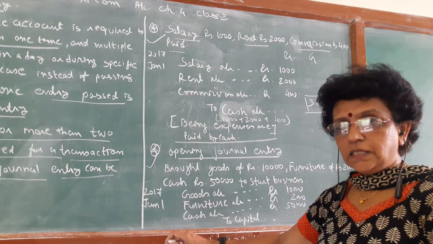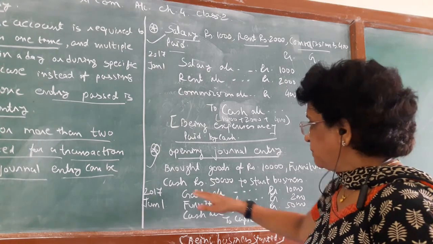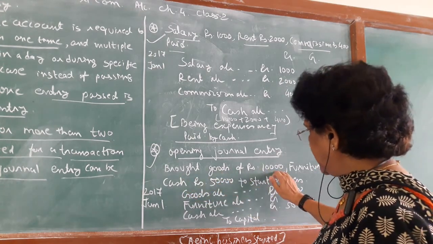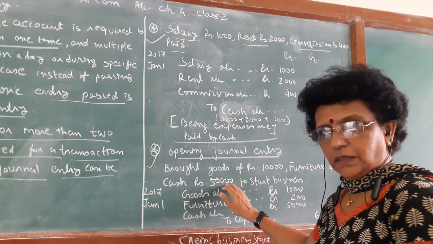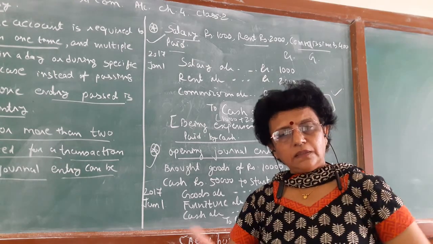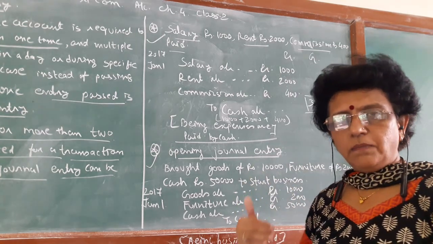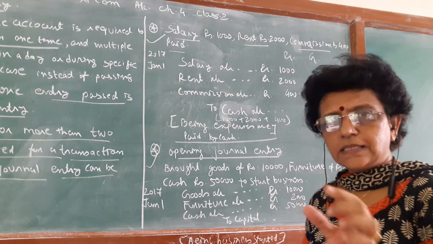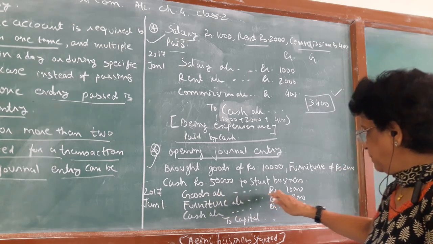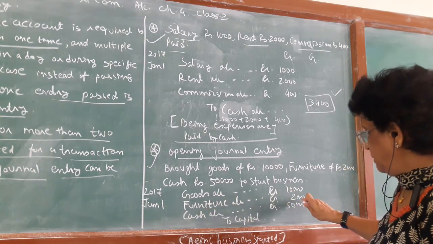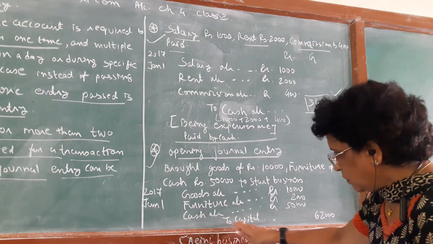Now who brought all these things? All things are brought into the business by the owner. So you write like this: goods account debit to capital account, furniture account debit to capital account, cash account debit to capital account. Why do we write to capital three times? We can merge and associate all the assets brought in by the owner into one word, capital. So your combined journal entry becomes: goods account debit 10,000, furniture account debit 2,000 and cash account debit 50,000, all together to capital account.